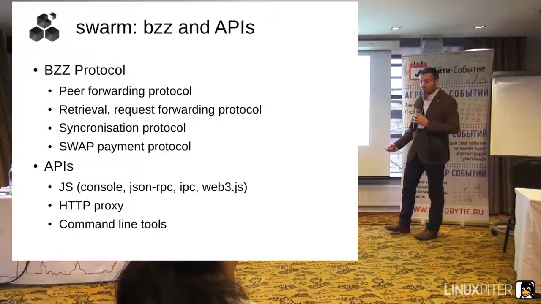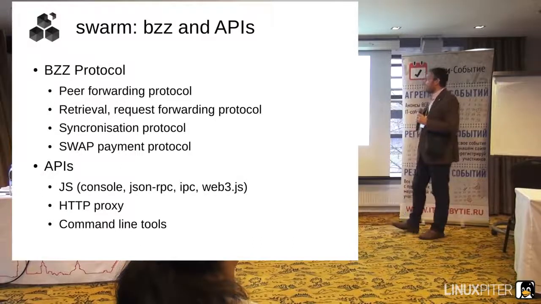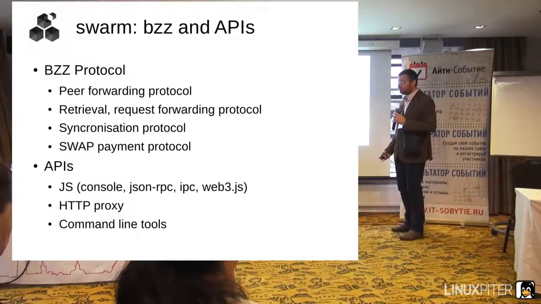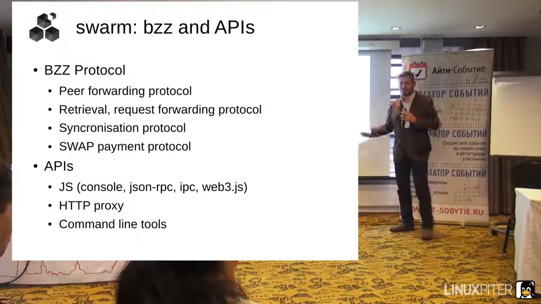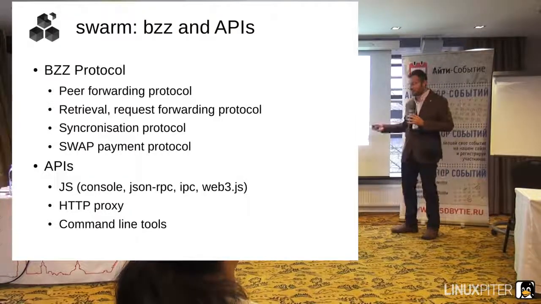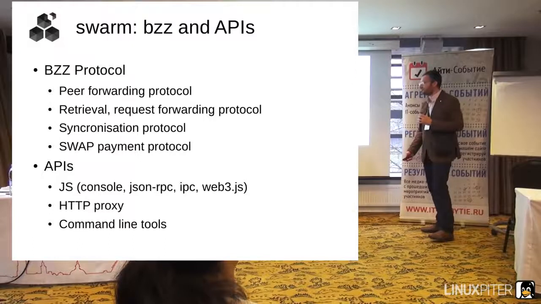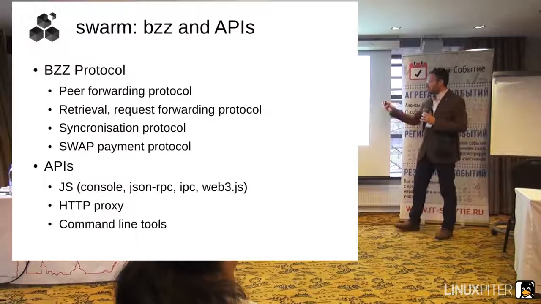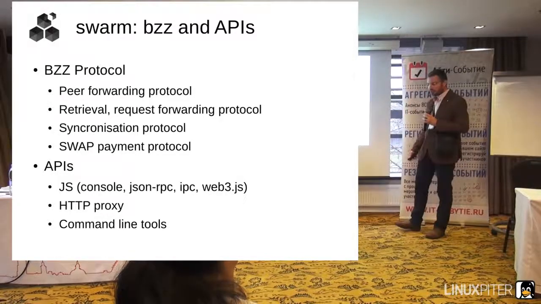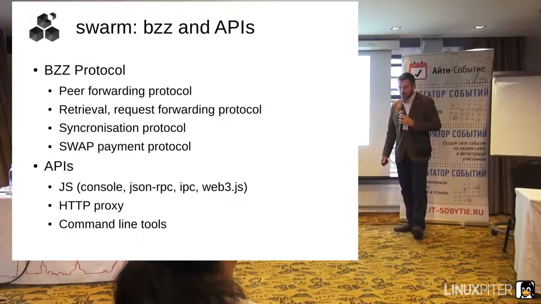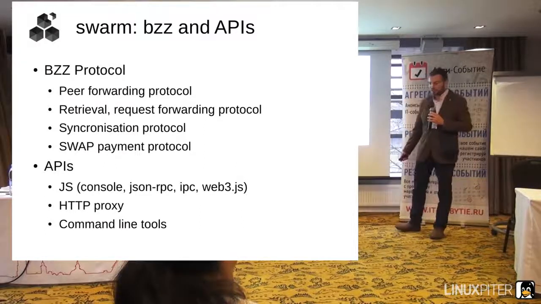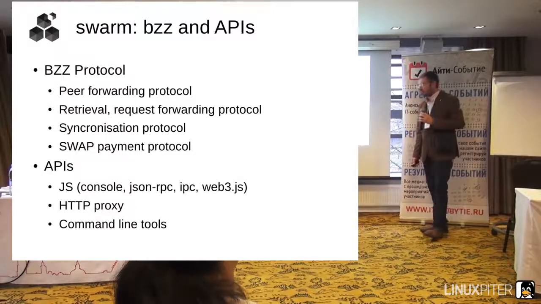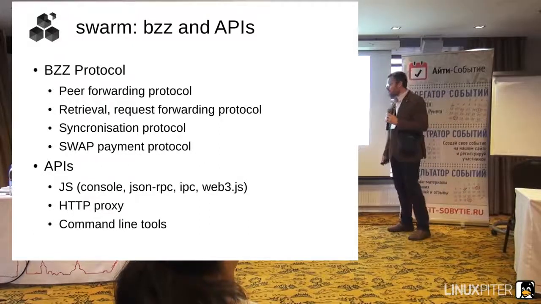So there's a protocol and the API that comes with Swarm. The BZZ protocol, well, everything is named after the theme of bees and hives and things like that. So that's why the protocol is called BZZ. It consists of the following 4 subprotocols, and it basically deals with forwarding and requesting and accounting for chunks. That's all it does. And we have 3 important APIs available for distributed applications.